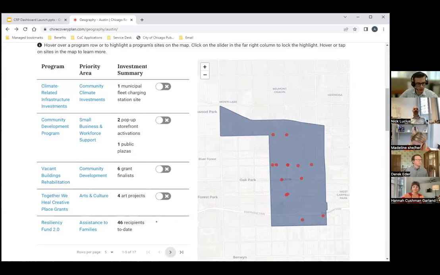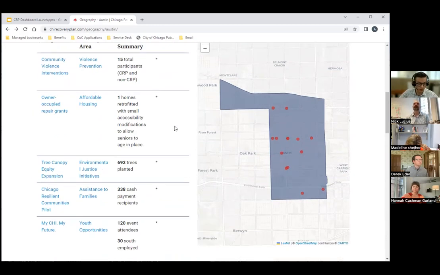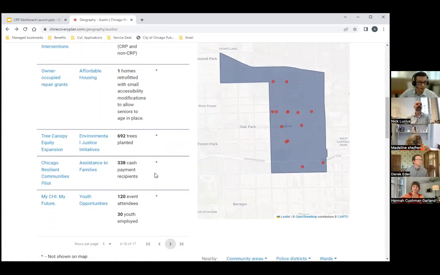So you can actually use these buttons down here to go back and forth between different pages of the table. We have so many programs active in this community area that they don't all fit on one page view. You have to tab through. And a good example is our Chicago Resilient Communities Cash Assistance pilot that we mentioned before. You can see here that there are 338 recipients of cash assistance through that pilot program in the Austin community